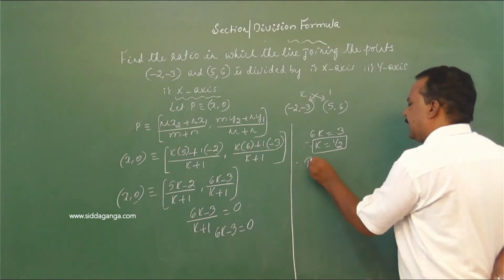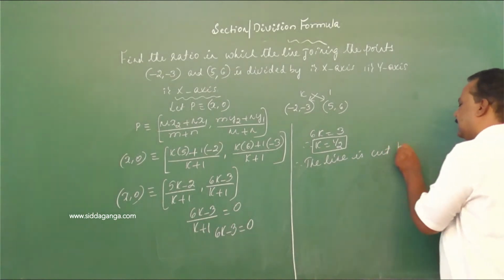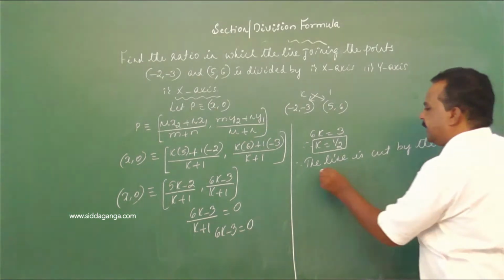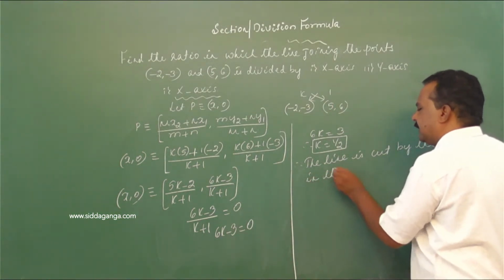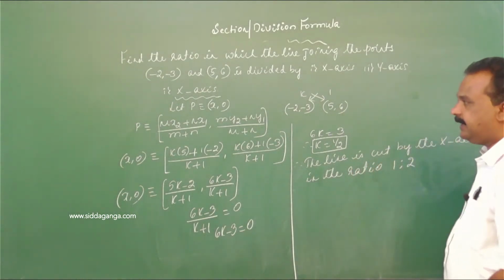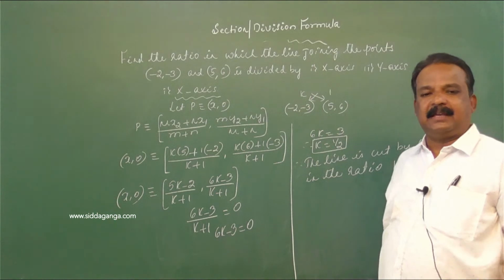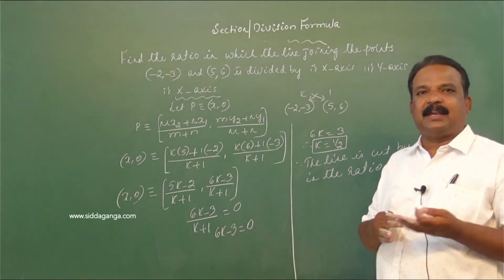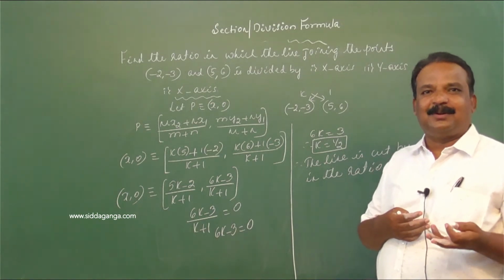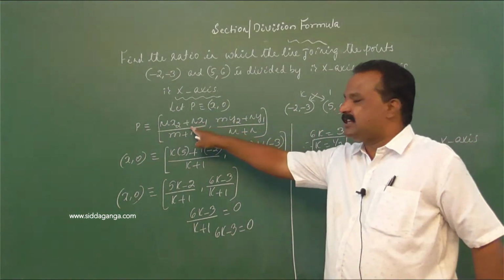Therefore, the line is cut by the x-axis in the ratio 1:2. ನೋಡ್ರಿ, ಇಲ್ಲಿ ಇಂಟರ್ನಲ್ ಡಿವಿಷನ್ ಗೆ ಫಾರ್ಮುಲಾ ಅಪ್ಲೈ ಮಾಡಿದೀಯಾ ನೀನು? k:1 because we do not know the ratio. k ಗೆ ಯಾವುದೋ ಒಂದು ಫ್ರಾಕ್ಷನ್ ಬರುತ್ತೆ, k ಆದ್ರೂ ತಗೋ, r ಆದ್ರೂ ತಗೋ, m ಆದ್ರೂ ತಗೋ, ಗೊತ್ತಾಯ್ತಾ? ಒಂದು ವ್ಯಾಲ್ಯೂ ಬರುತ್ತೆ ನಮಗೆ. ಇಲ್ಲಿ ನೋಡ್ರಿ, ಇಂಟರ್ನಲ್ ಡಿವಿಷನ್ ಗೆ ಫಾರ್ಮುಲಾ ಬರ್ದಿದೀಯಾ,